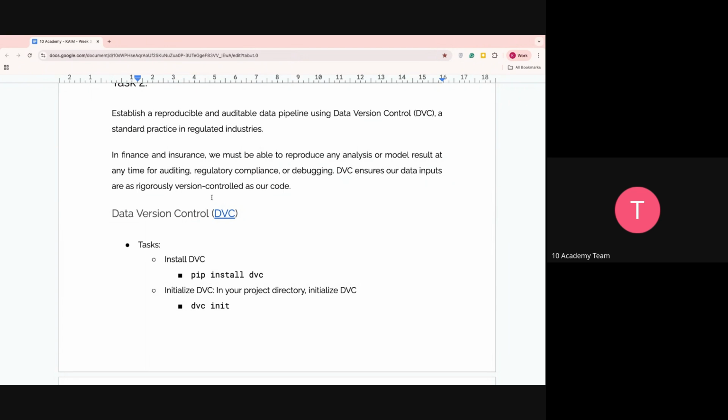So in a financial setting like insurance, we must be able to reproduce an analysis or model results at any time for auditing. Also there are some regulatory compliance requirements, for example in banking, and DVC will help us ensure our data inputs and models are rigorously version controlled, as our code is. Of course, you will have a session, so I'm not going to go too deep into this,